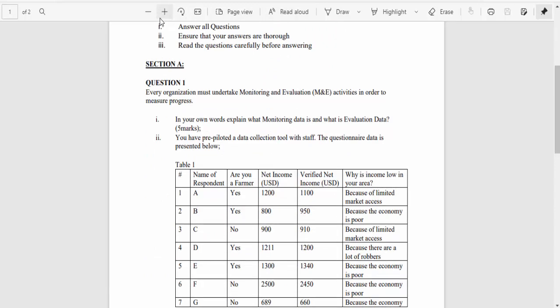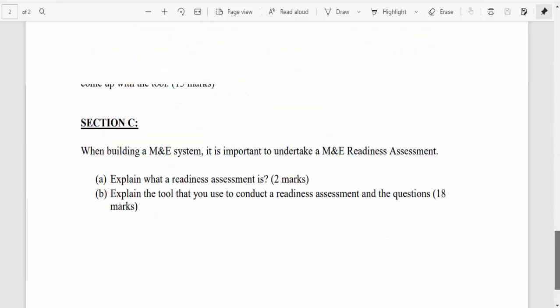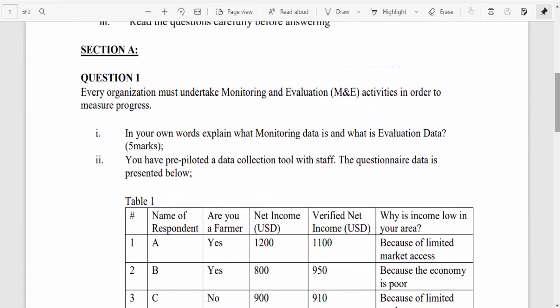I like sharing knowledge. Okay, so here, the exams are structured like any ordinary exam. You have the sections: section A, question one, and then also section B, section C. Now, let me talk about question one, and I'll talk about the answers so that maybe if you want, you can practice some of these questions and try to brainstorm around them.